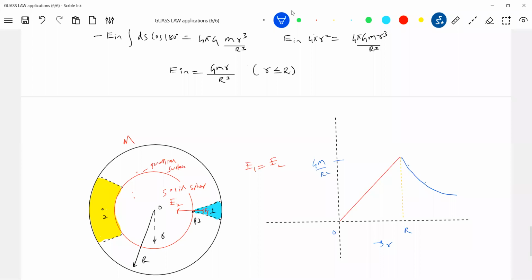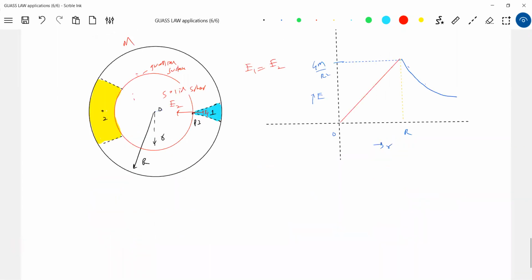Okay, I agree with this. So there's a variation of gravitational field strength from the center of the sphere. On the surface, it is maximum. How much is it? GM by R square. Then outside, how much will it be? GM by small r square. It starts decreasing. Inside the sphere, as you move from the center towards the surface, the field strength keeps on increasing. Here it becomes maximum. Then outside, what happens? It starts decreasing. So like this, we indicate the variation of gravitational field strength.